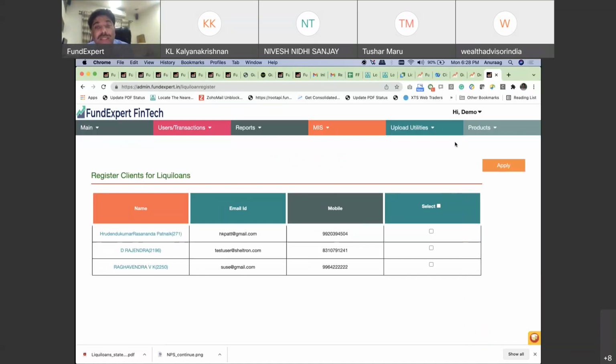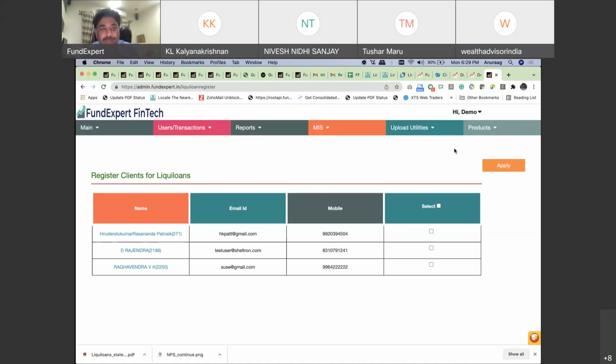Now this does not end here. Whenever you're registering all your clients and everything, do ask us, do tell us. Your Ritesh is our liquid loans RM, who will help you by generating personalized marketing materials. So all those who are registering their clients, he will give them personalized marketing materials which you can share with your clients, as well as he will also send a marketing mailer campaign on your behalf, free of cost, for all the clients you're registering, so that they are aware they are getting registered, and if there is any detail, they will contact you back.